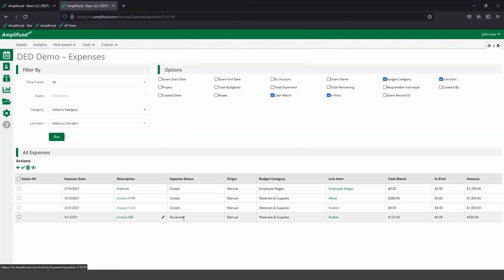You'll notice it is marked as an expense status as reviewed, and there's an edit pencil, which means it is not closed yet. For example, these 3 previous expenses are closed, which is why there is not an edit pencil icon next to it, which means these are already a part of a reporting period. If you need to edit the expense we just created, you could go ahead and click the edit pencil